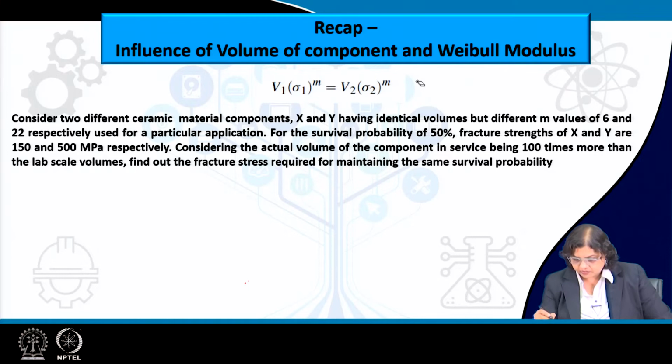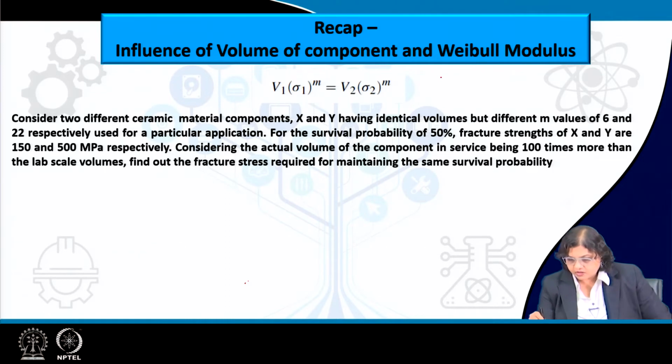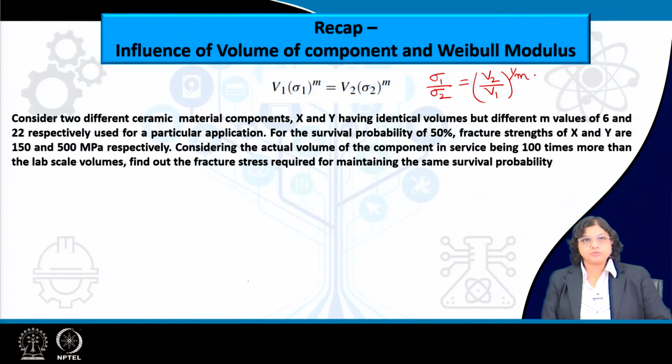Okay, I can write the relation here, for our convenience, which we will be using in solving the problem. So the problem states here: consider two different ceramic material components x and y, which are having identical volumes